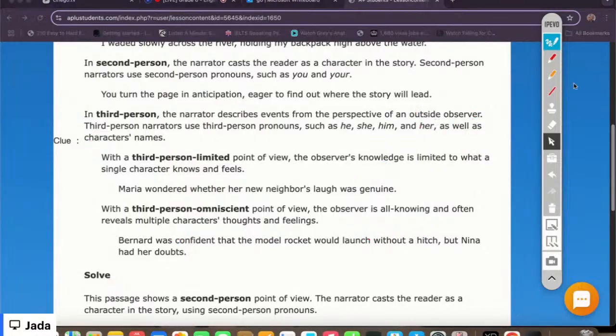Okay. Then we also have the third person omniscient point of view, where the observer is all knowing and often reveals multiple characters' thoughts and feelings. So, Bernard was confident that the Muller rock would launch without a hitch, but Nina had her doubts. Alright, so